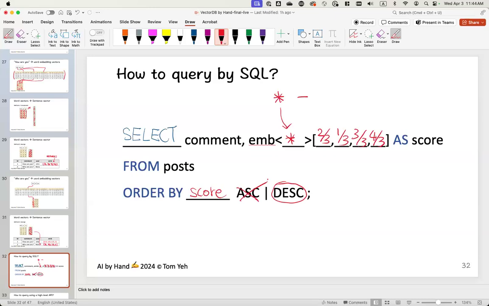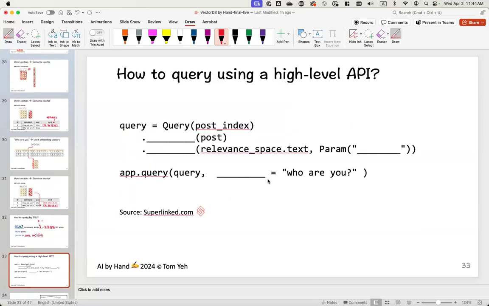If you find SQL difficult to write, there are various options for high-level APIs, and one of the things I'm familiar with is from Superlinked. This is one of the Python APIs that usually looks like this. So you can define a query and give it the index, and you can say, I'd like to find stuff based not on distance, but on similarity. It's going to build